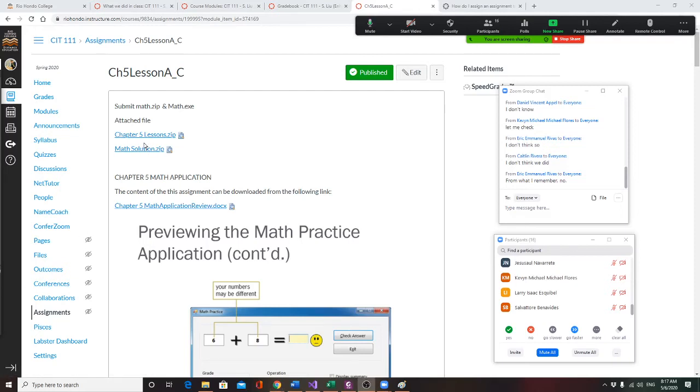So you open chapter 5, lesson A to C. Can you do me a favor first? Download these two files and unzip them right now. The math solution.zip